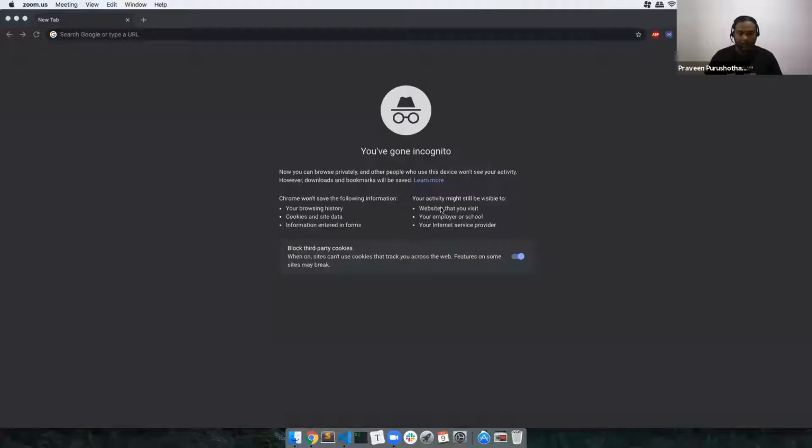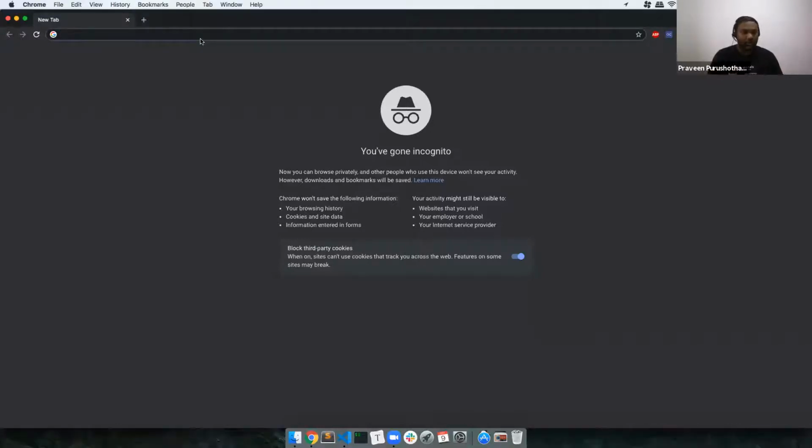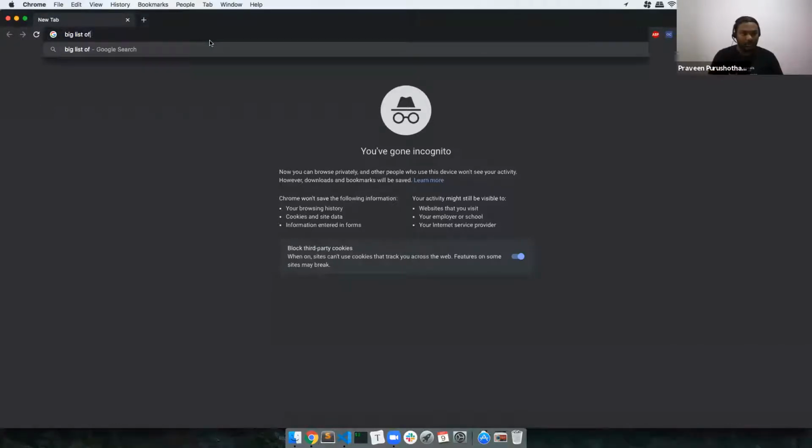So if I try to share my screen now, just give me 1 second. Let me try to open this one. Can you all see my screen? Yes. So there is this big list of one line HTTP servers.